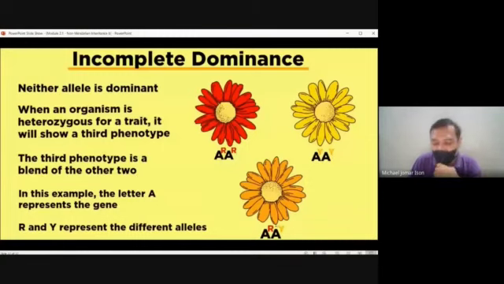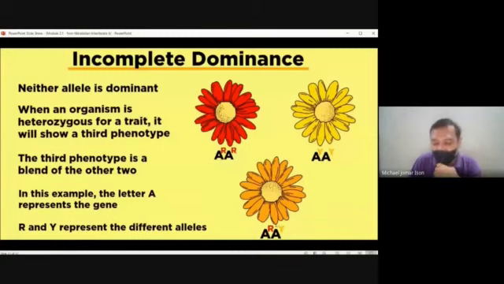So let's talk about the F2. What if you cross a pink flower with another pink flower, F1 with another F1? Then you will have the following Punnett square and progenies produced. So for the big R, small r pink flower, which is the F1 generation, you will get the following gametes, which is big R and small r. And you will also have the same thing here, where you will get the big R and the small r